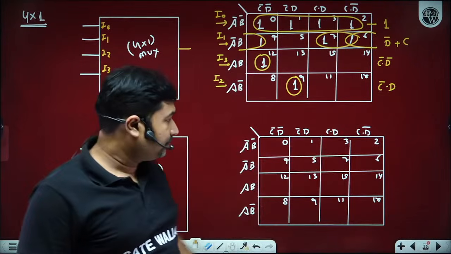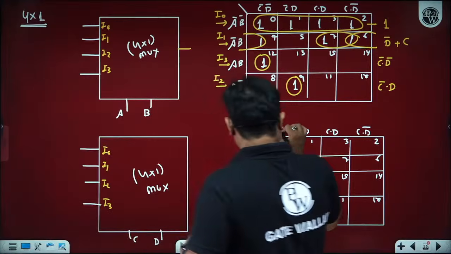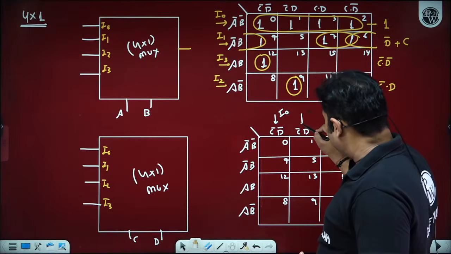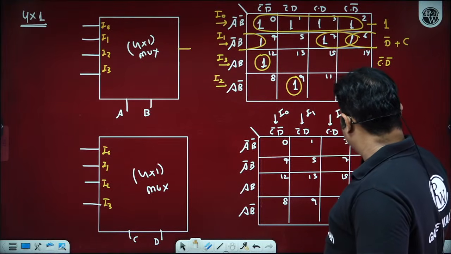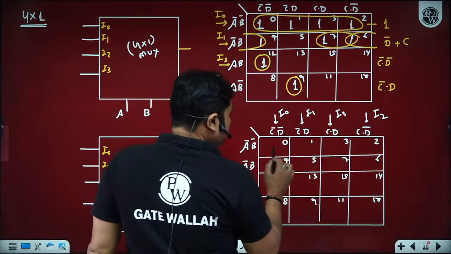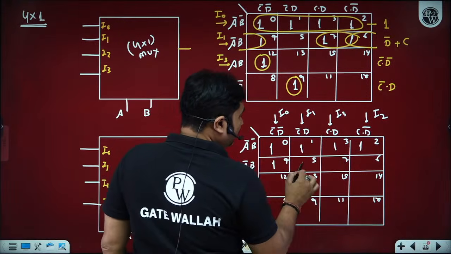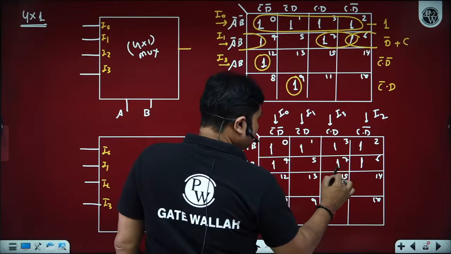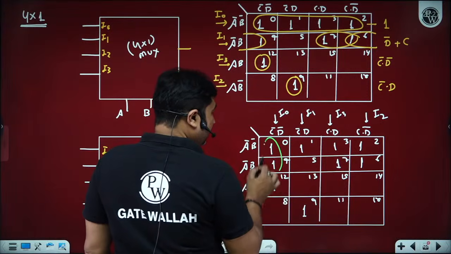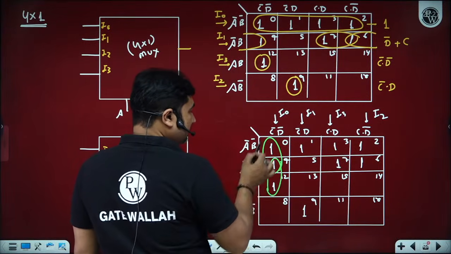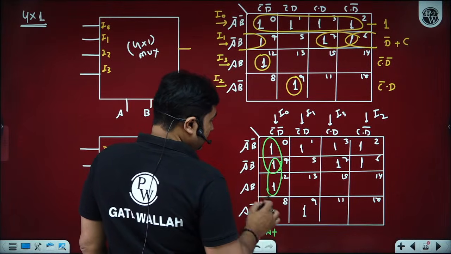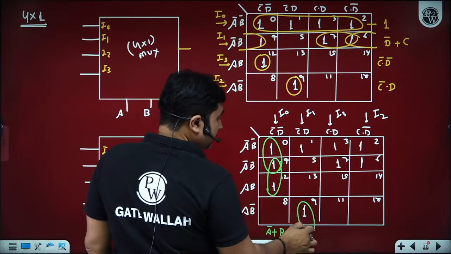In the same way, if someone is considering this CD as a select line, then I0, I1, I2, I3 pin is like this. Is it okay? And now only vertical pairings are allowed. So we have 0, 1, 4, 6, 7, 5 is not there, na? 12 and 9. Now in this we have one pair possible this, one pair possible this, and this will give you A bar plus B. Only vertical pairings are allowed here.